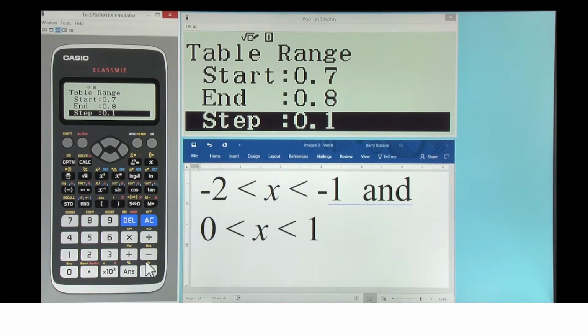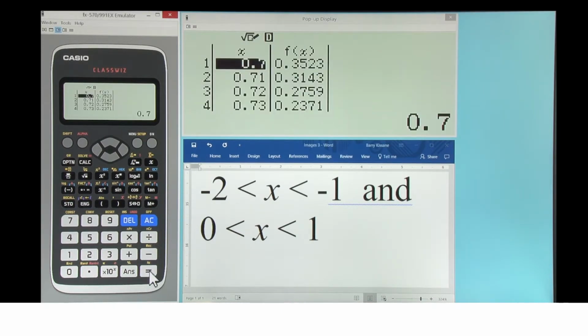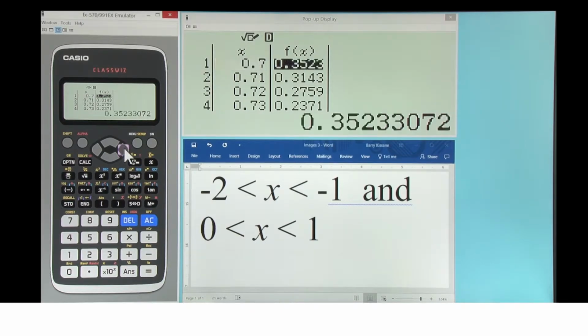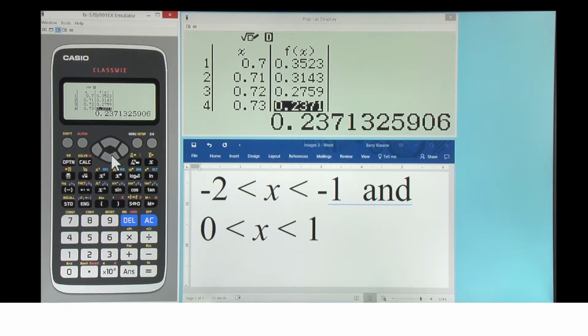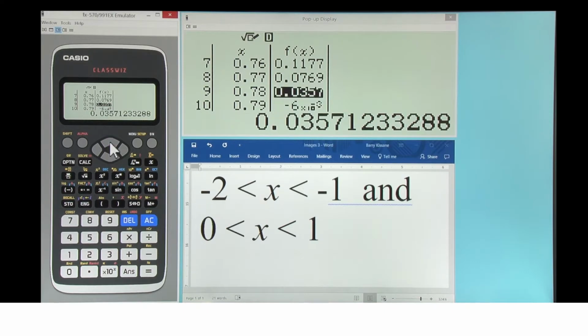We know the first decimal digit is going to be 0.7, so this time we're going to change by 0.01 to produce a table that will go from 0.7 to 0.8. And here are our results. You can again scroll here and see that the values are positive but getting a bit less so. As we move down the table, we're looking for 0. Now it's jumped into being negative again. So we can get a closer approximation.